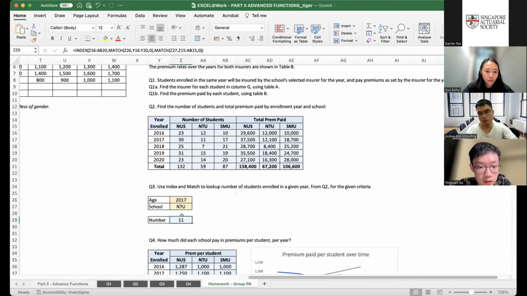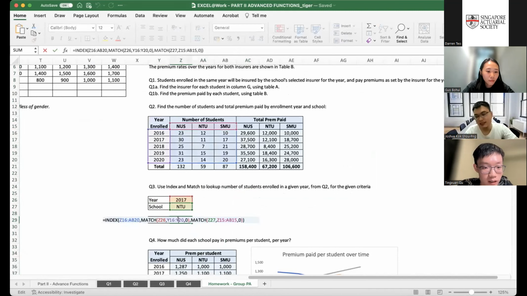Okay, so I think we just need to find how many students enrolled in, I guess, year 2017 at NTU. So I just use this function INDEX. Basically I want to look at the numbers from this table from Z16 to AB20 and find which number that is. So I first do the row, so I find where 2017 lies in this